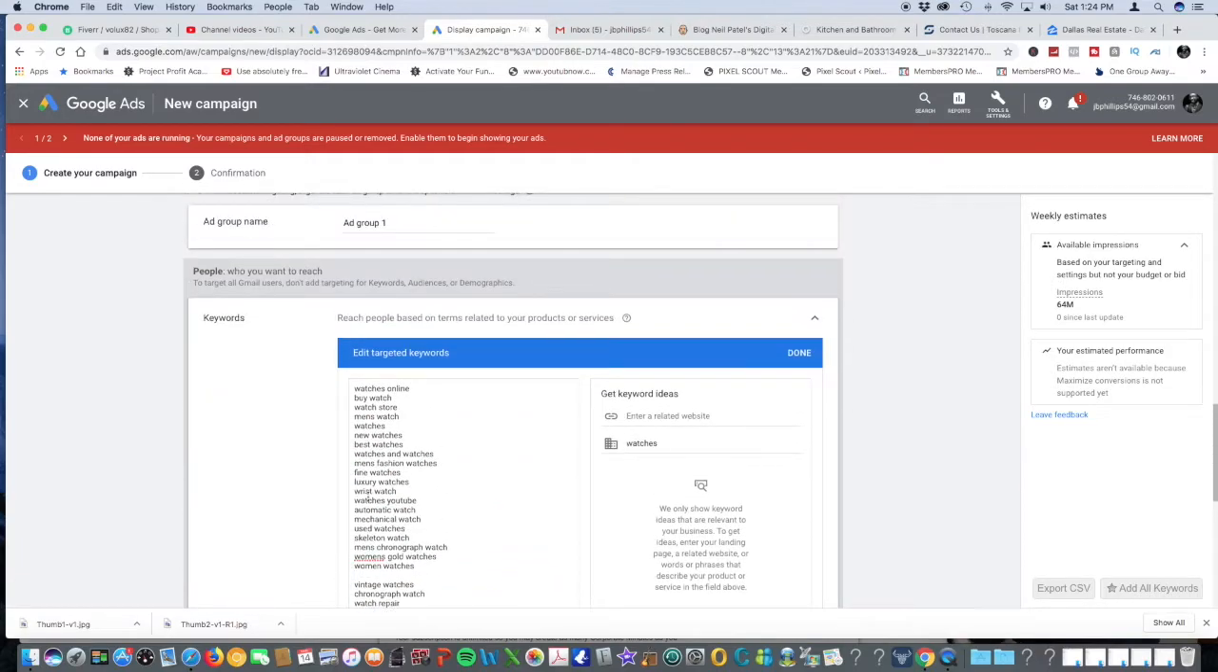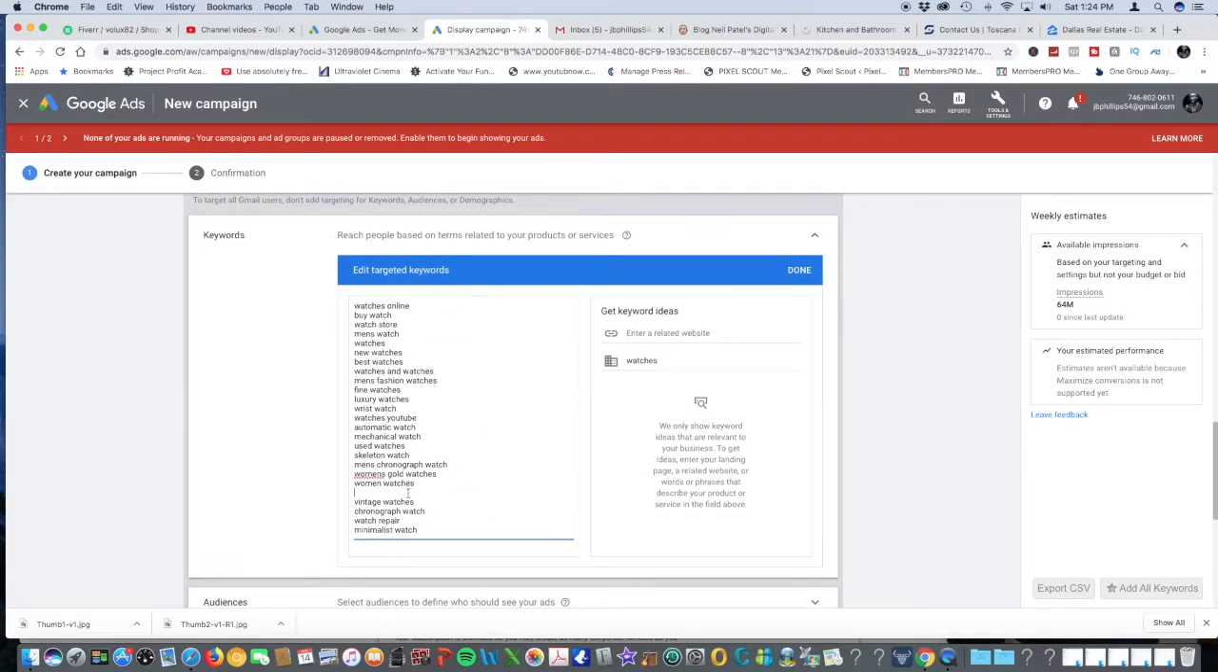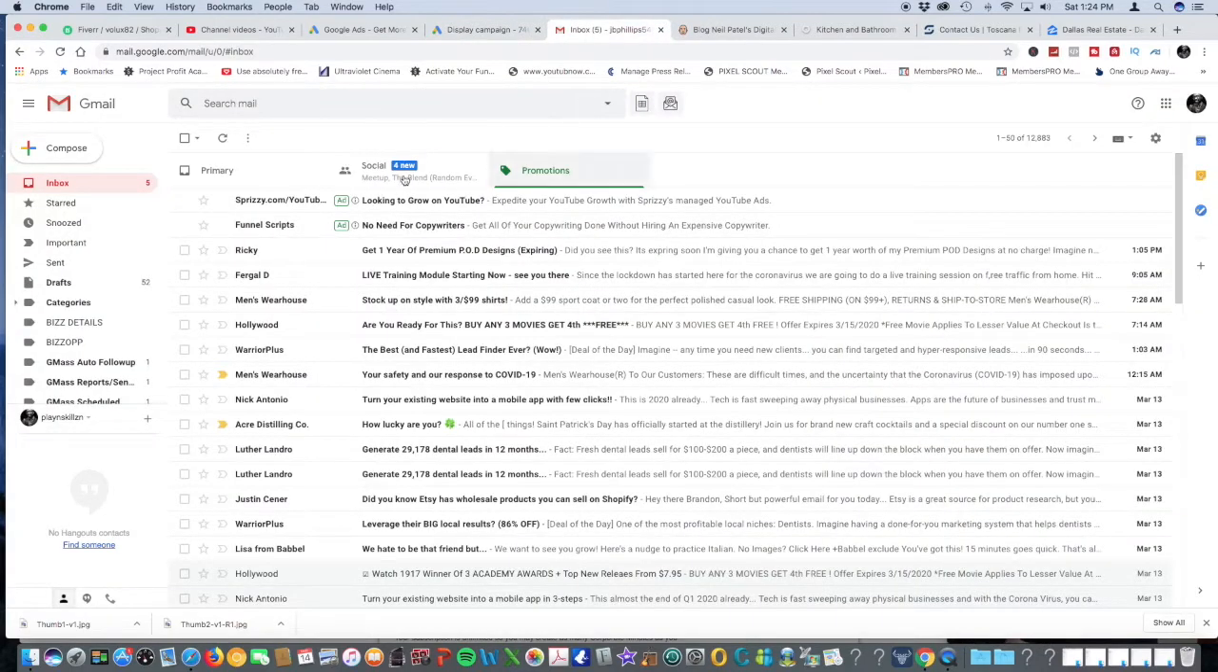But again, guys, this is just a beginner's guide to starting Gmail advertising. So when anyone types in one of these keywords, they'll see it pop up in their inbox, like I showed you right here. So anyways,